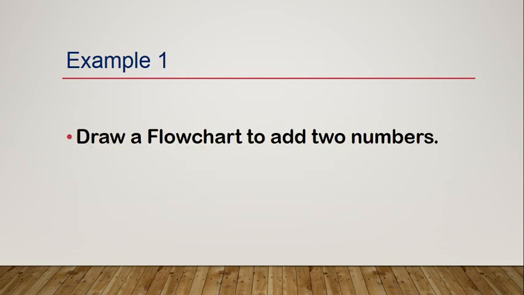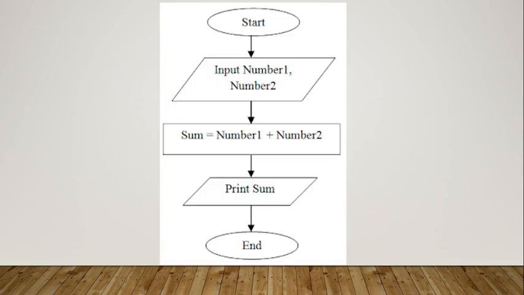Now we are going to draw some flowcharts. So this is our first one. We are going to draw a flowchart to add two numbers. So this is our flowchart. Obviously, the flowchart must have a start point and an end point. So it will start from an oval shape, and inside the oval shape we are going to write the word start. Now